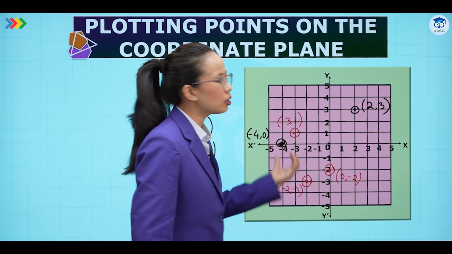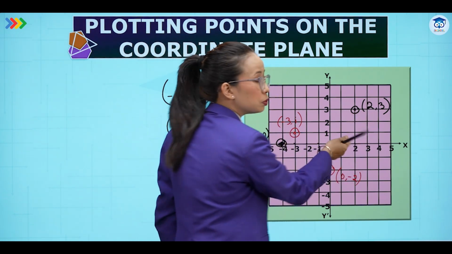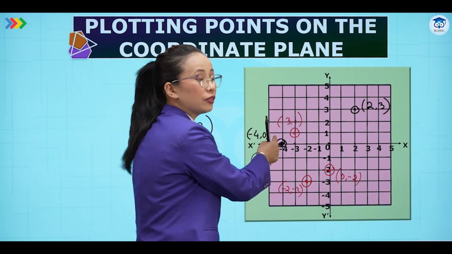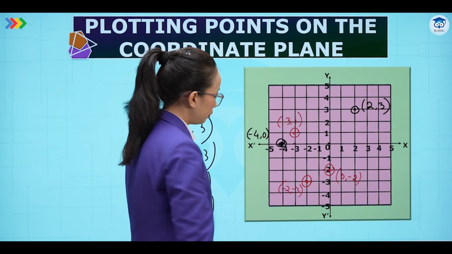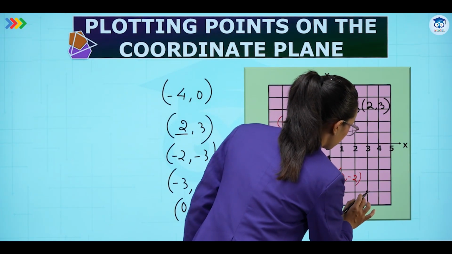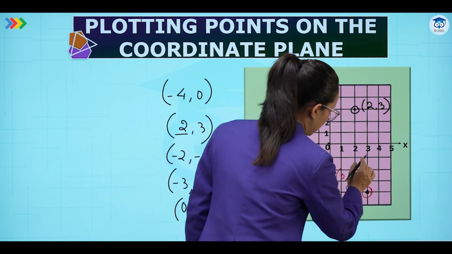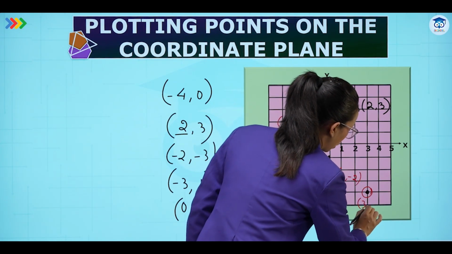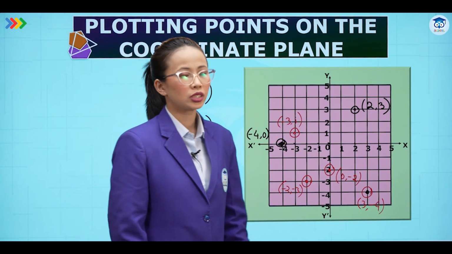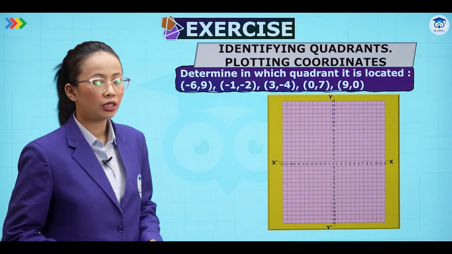So when we look at all these points, see, this is in the first quadrant, where both are positive. This is in the second quadrant, the first value is negative and second is positive. Third quadrant, both are negative. When we consider any point here, suppose this point, this is what? 3 comma minus 4, right? So when we look at this, it is positive and negative. See this, okay? So this is how we plot the points in the Cartesian plane.